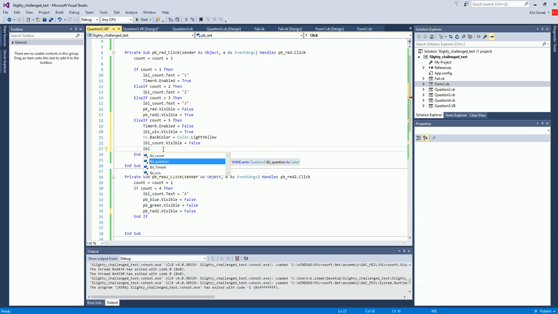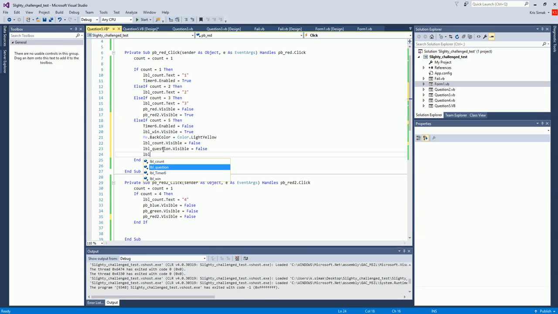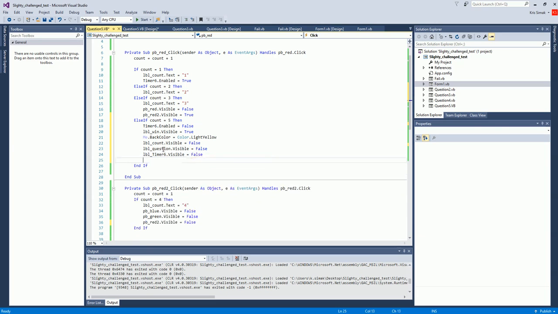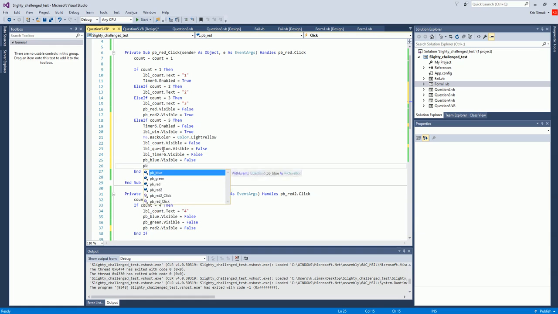LBL dot question dot visible equals false. LBL timer visible false. PB blue dot visible false. PB